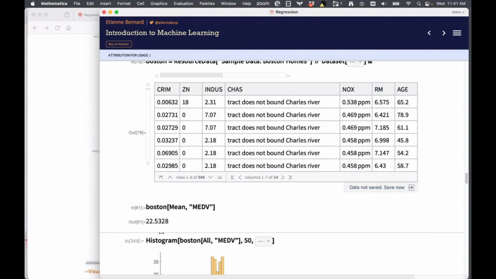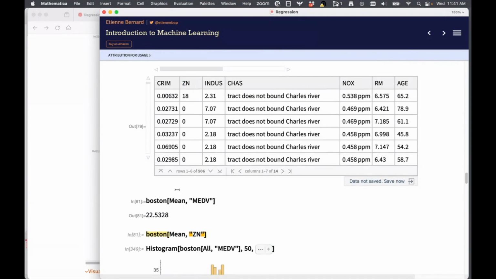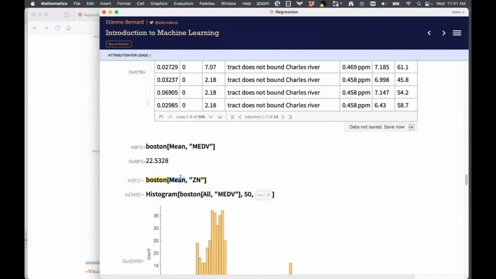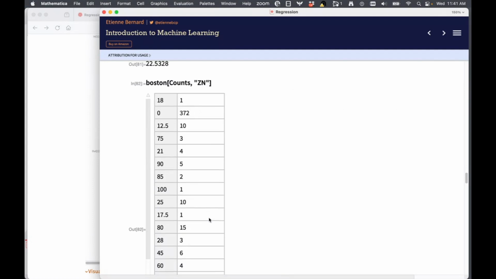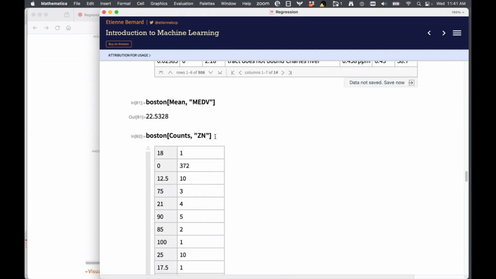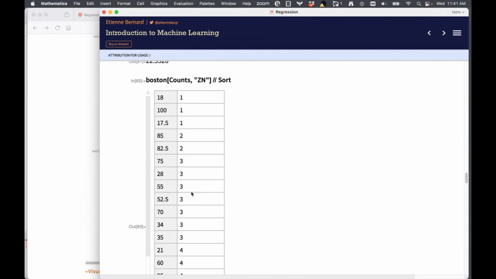Let's go with ZN. Probably that's like zone or something. So I'm going to change the column name to ZN from here. And instead of mean, I can use something like counts. And I can even sort it.